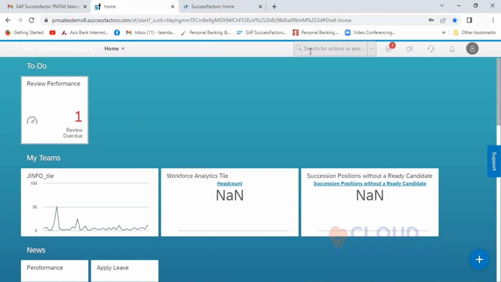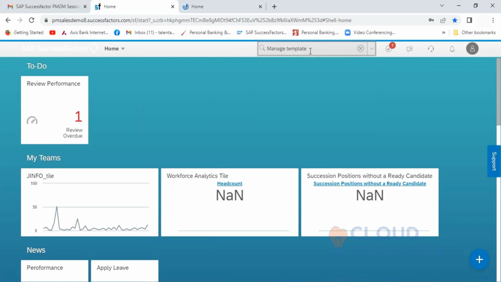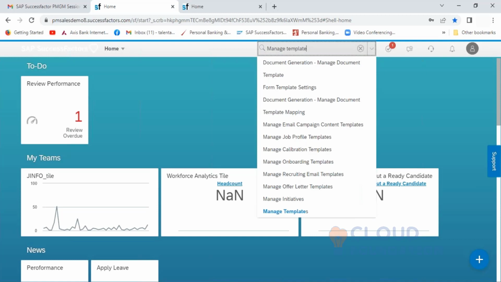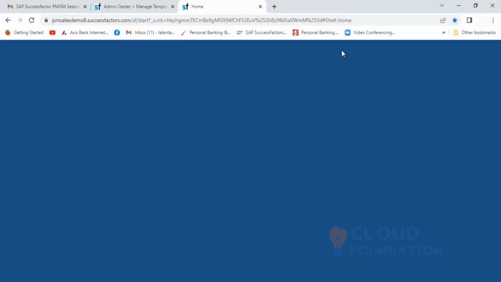And in one screen I will open this one, manage template, because we were doing the performance form, so we need to go and compare it. Manage form template, and in one form what I will do,